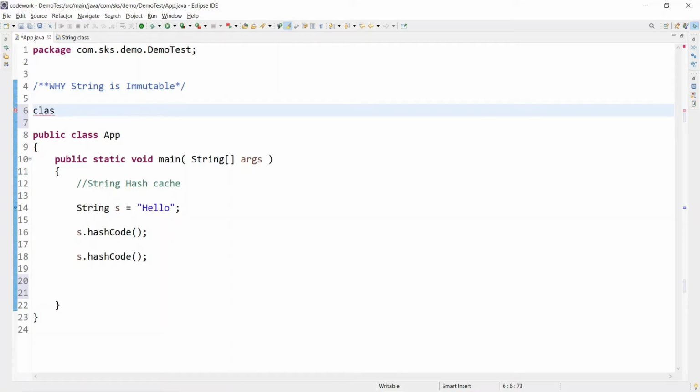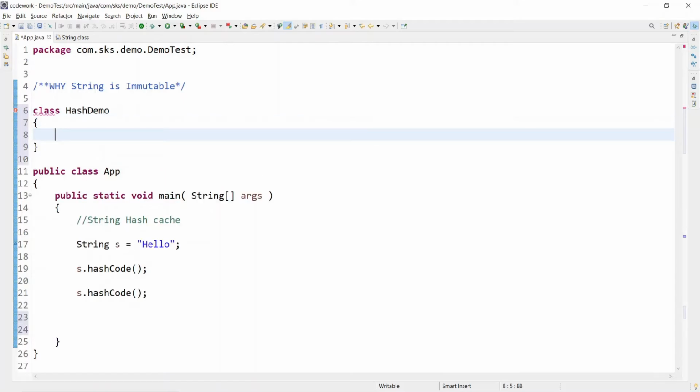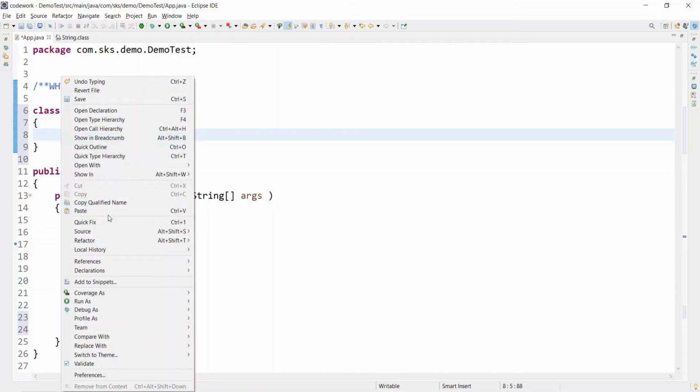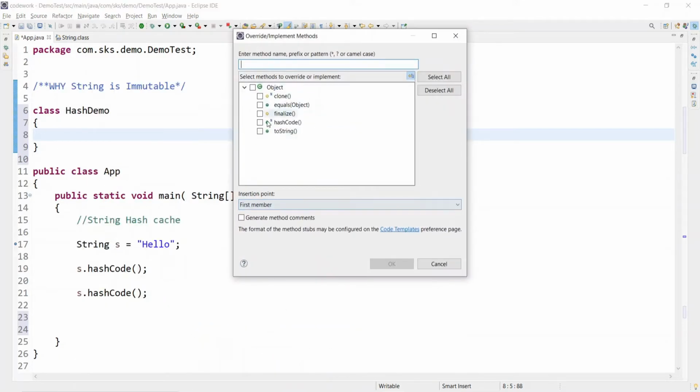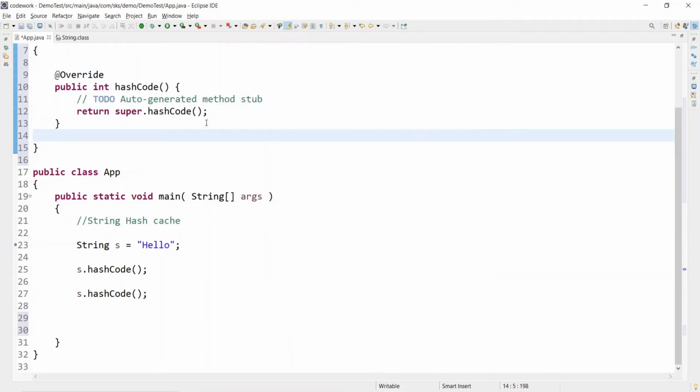So let's say I am creating one class, HashDemo. And here let me override the hashCode. Go to source and implement hashCode.